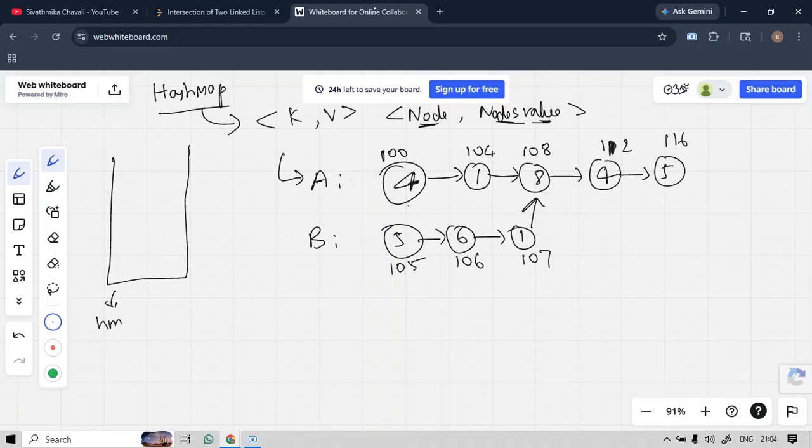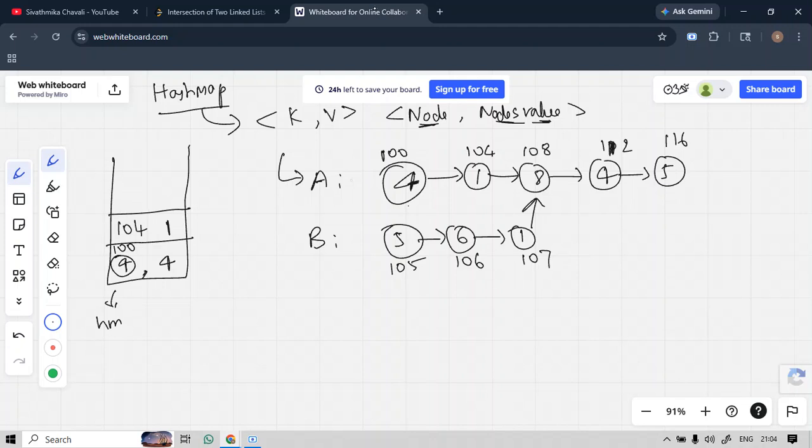I hope you are all getting it. So when we iterate this A linked list, first the 4 node address will be stored as the key, and the value that is present in the 4 node is 4, so it will store 4 as my value. In the same way the next one is 104, and the value is 1.